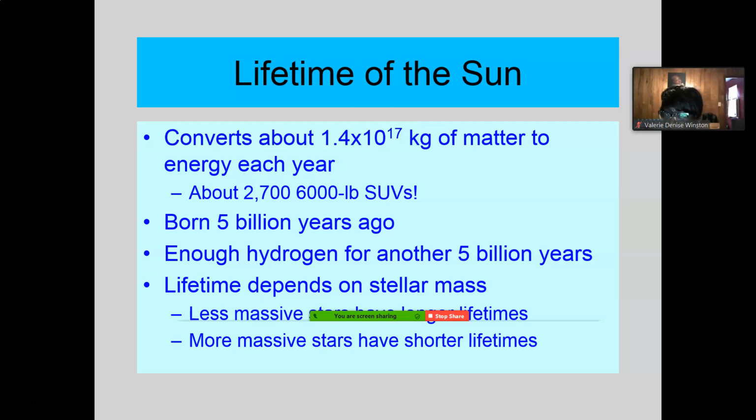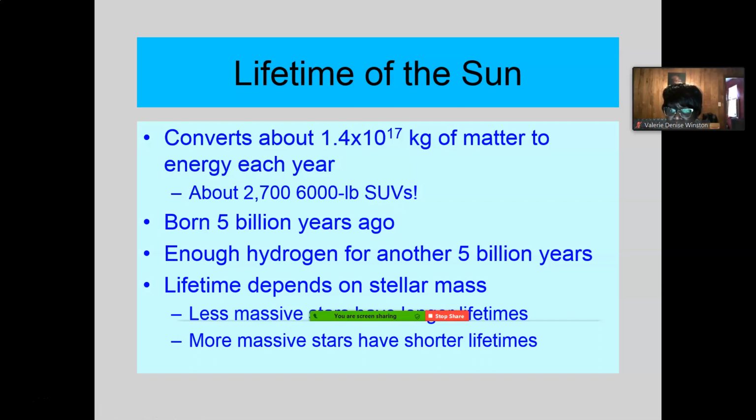That's how much of the sun's mass is being converted by Einstein's formula, E is equal to mc squared. Just think about how much mass this is multiplied by the speed of light squared. That's how much energy. That's about 2,700 3-ton SUVs being converted to energy in the sun every year.